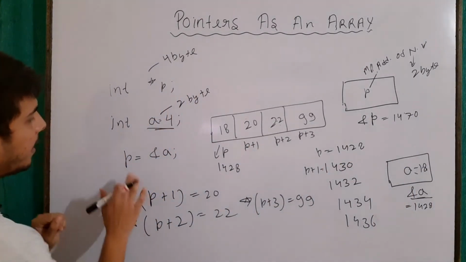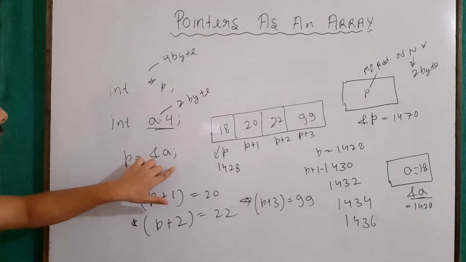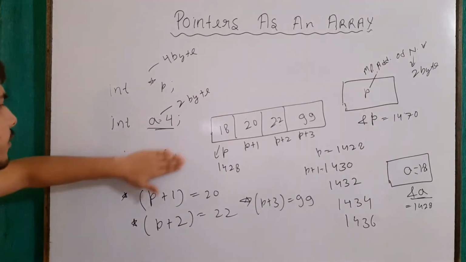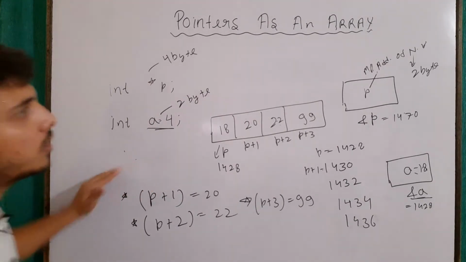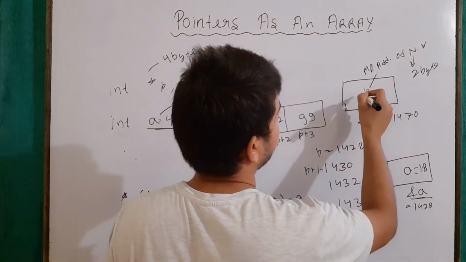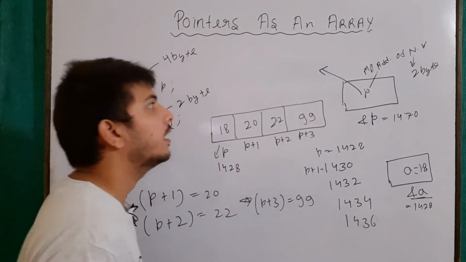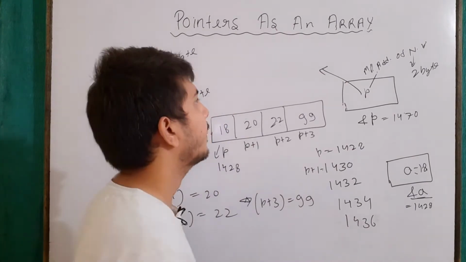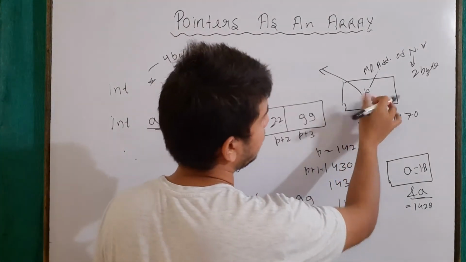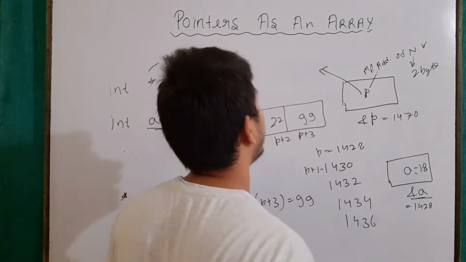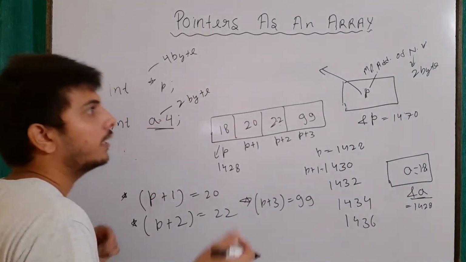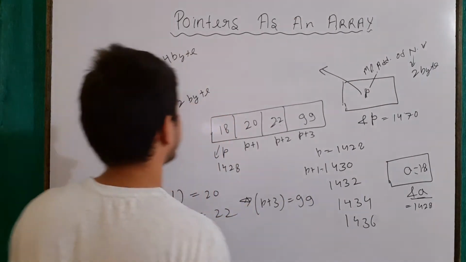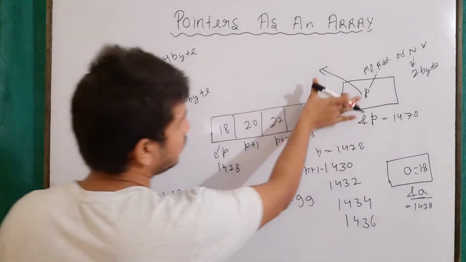Another thing is that here I had assigned p with some address, the address of some normal variable, but this is also not required. Why? Because it is already holding some garbage address of some normal variable. We talked about this in previous videos: if I am not assigning anything here, then p will be holding some address, we don't know which, but it will be the address of some normal variable.